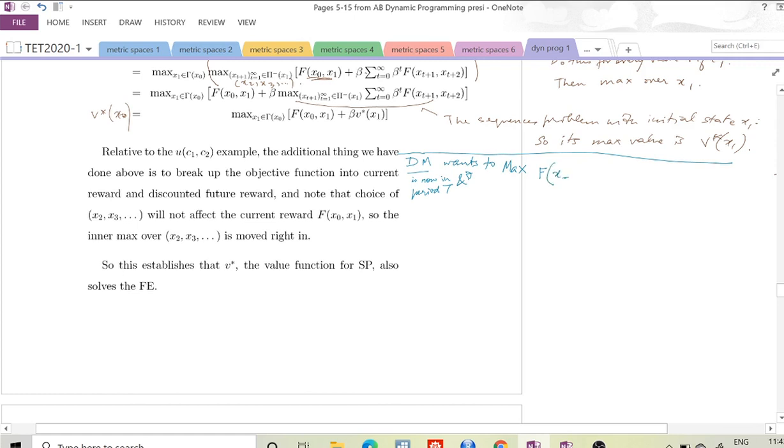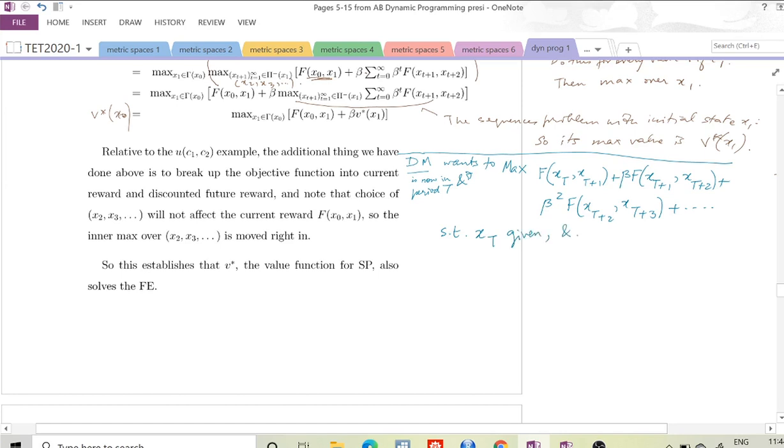So f of x capital T plus 1, plus beta times f of x capital T plus 1, x capital T plus 2, plus beta squared times f of x capital T plus 2, x capital T plus 3, and so on, the discounted present value of these returns, subject to the state that has been inherited. So subject to x capital T given,